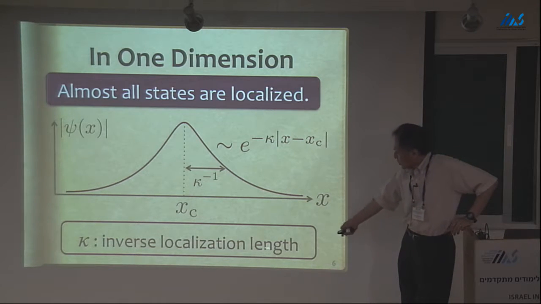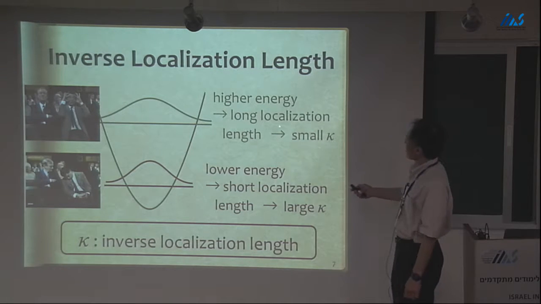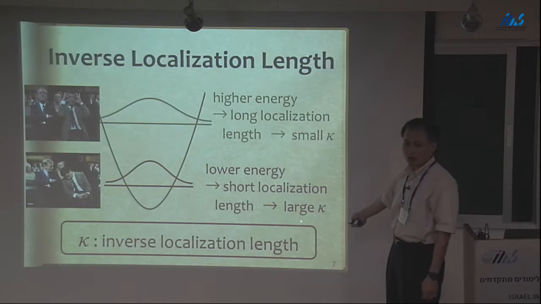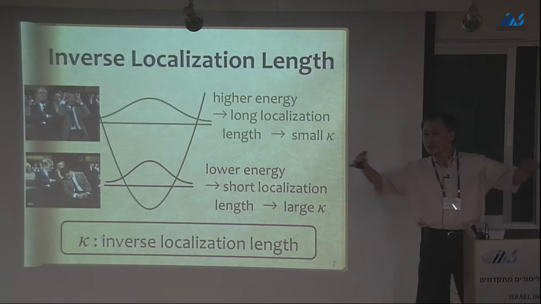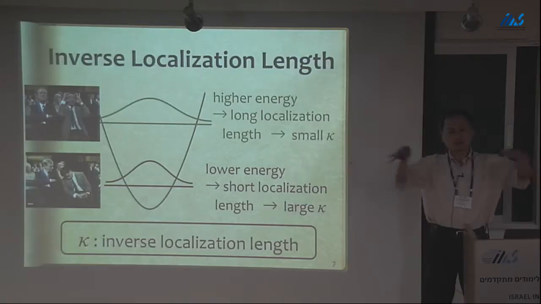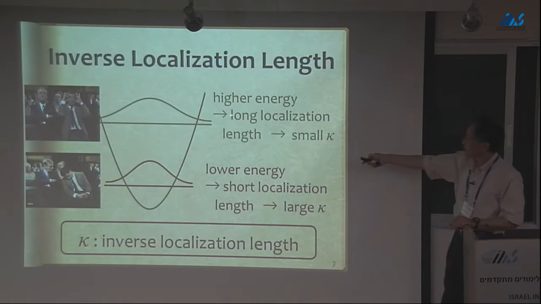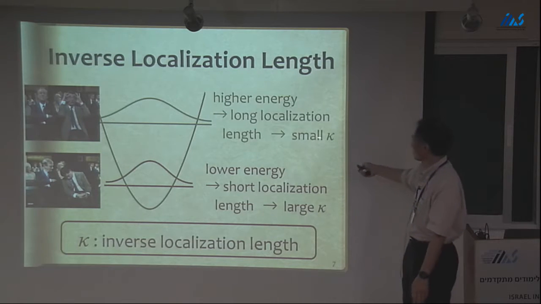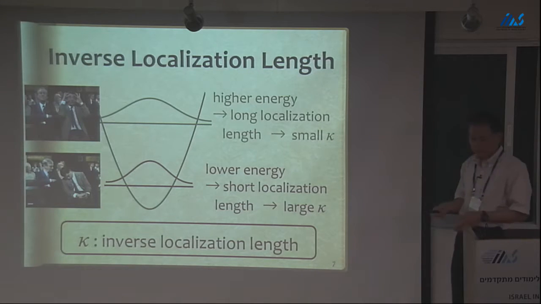So this is an inverse localization length, and typically kappa is small for higher energy, and kappa is large for lower energy, because for higher energy the localization is weak, which means that the wave function is wide enough, and so it has a long localization length, and because kappa is the inverse localization length, kappa is small. So kappa is small for higher energy, and kappa is large for lower energy, typically. But